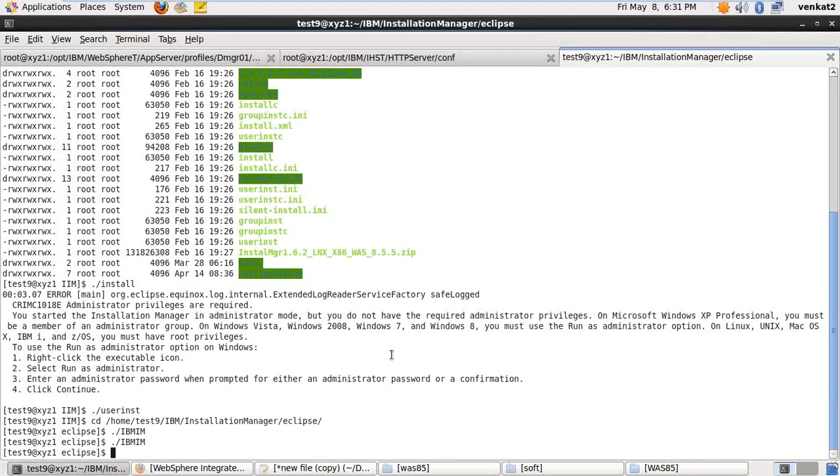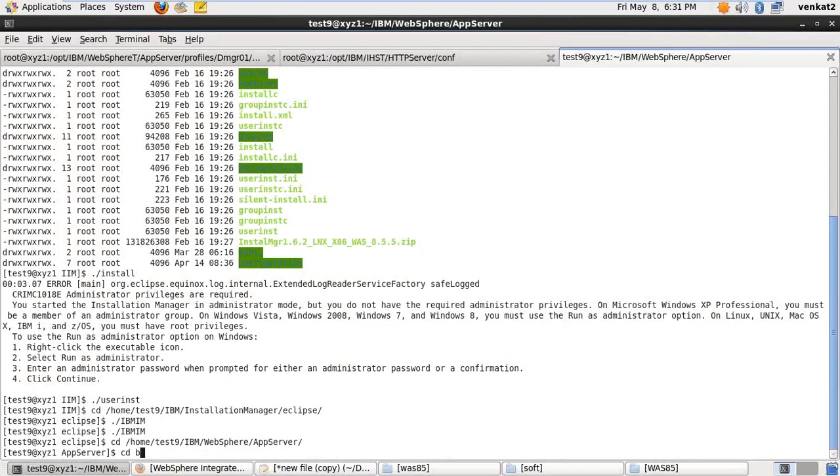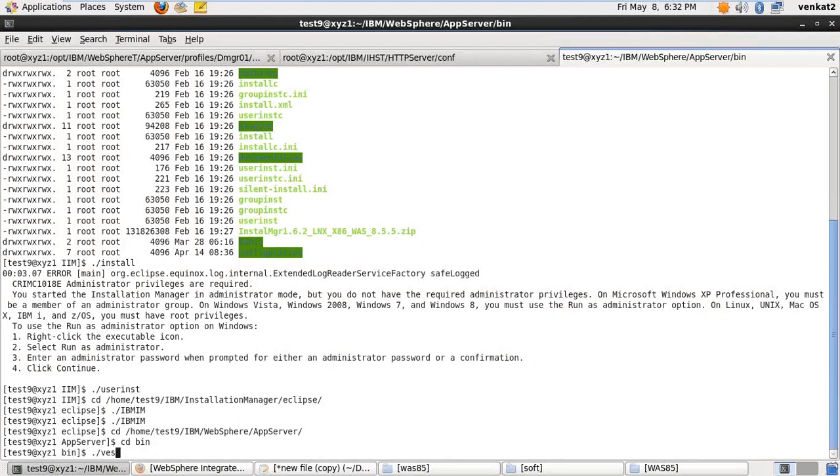Okay, got it. So I just installed the WebSphere Application Server in this location, home test 9, IBM WebSphere AppServer. I have installed the product in this location. So to verify the version, go to bin. The command is